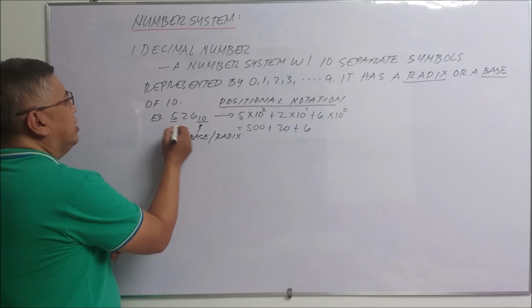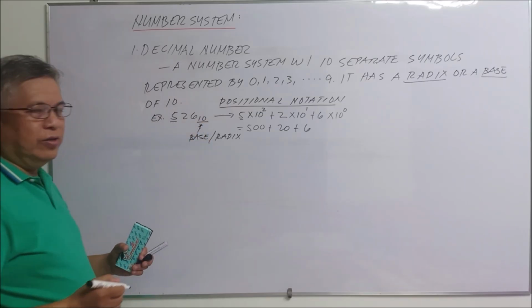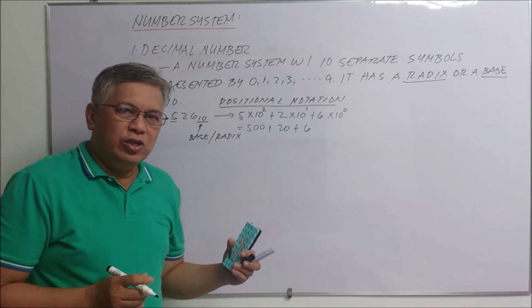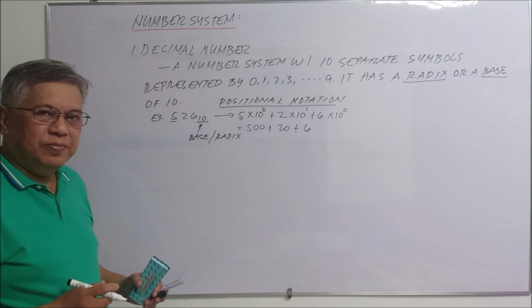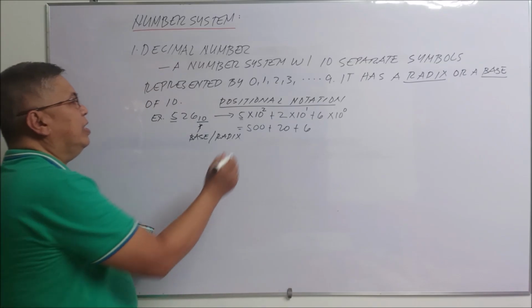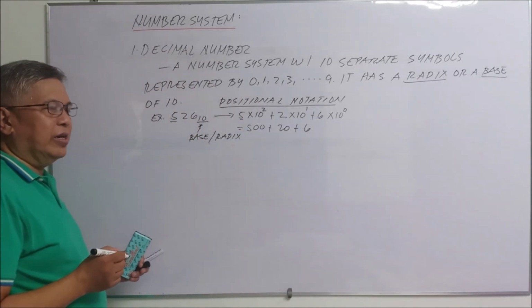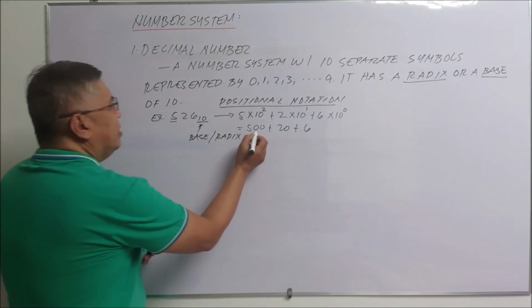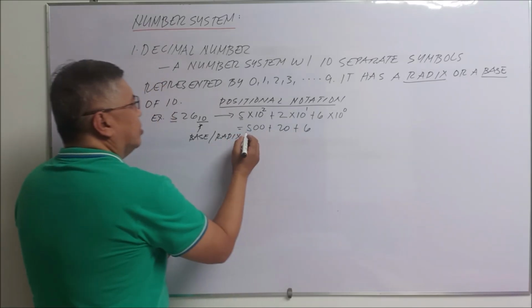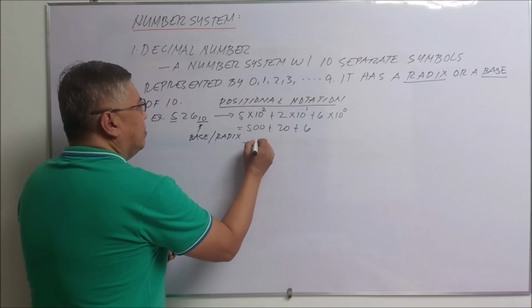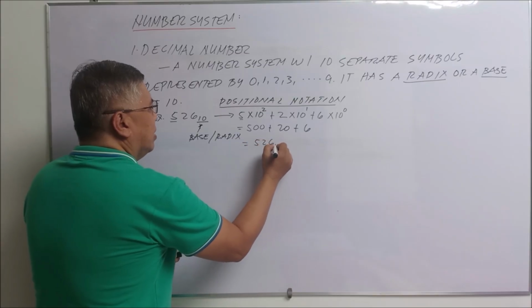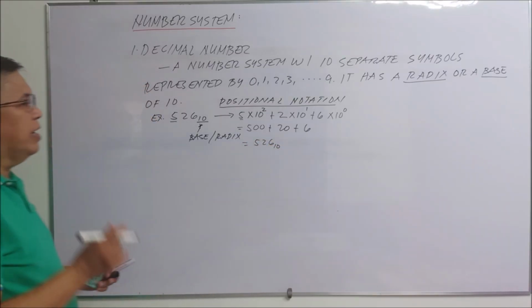That is the positional notation. This one here is the short notation of the number. Okay? So this is how we read this particular number, 526. If we add the base, you will have 526 of base 10. Again,